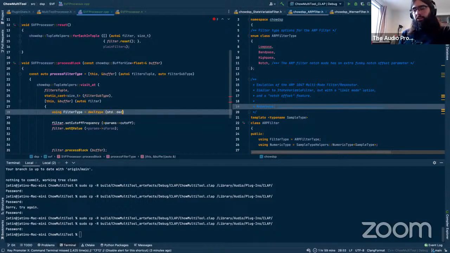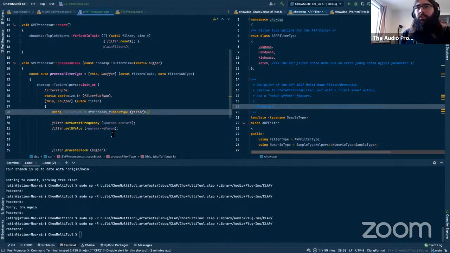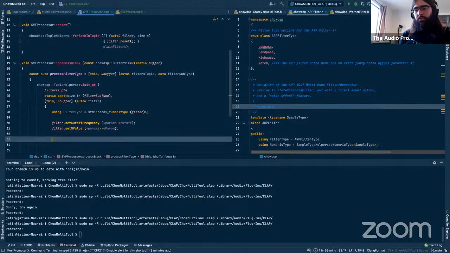Well, actually, I'm reversing this. So decal type filter, and then we'll want to wrap that in a decay, just in case there's any other sort of modifiers on the type that we don't really care about at the moment. And so, yeah, then what we can do is we can do